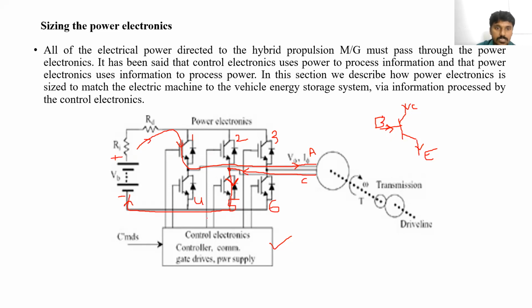Which transistor should be turned on? For example, 1, 2, 3, 4, 5 and so on up to 10. This is the time in seconds. If we design that at time t equal to 1 second, switch 1 should be turned on.